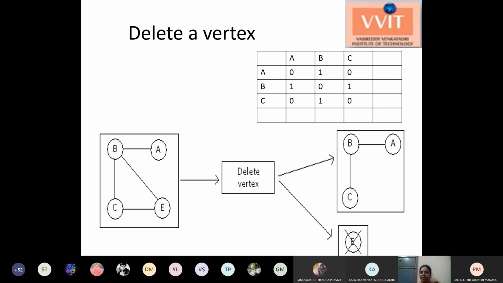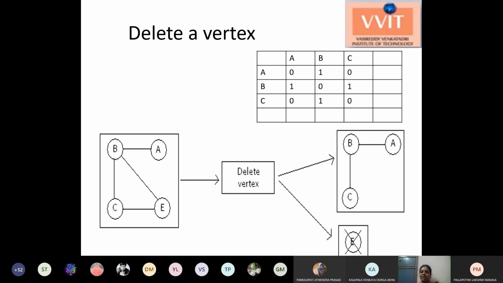And delete the vertex. Say there is a graph A, B, C, with E as another vertex, and the E vertex has two edges, one to B and one to C. Whenever you delete the vertex, you delete that particular vertex, and also all the edges between the E vertex and the other vertices.